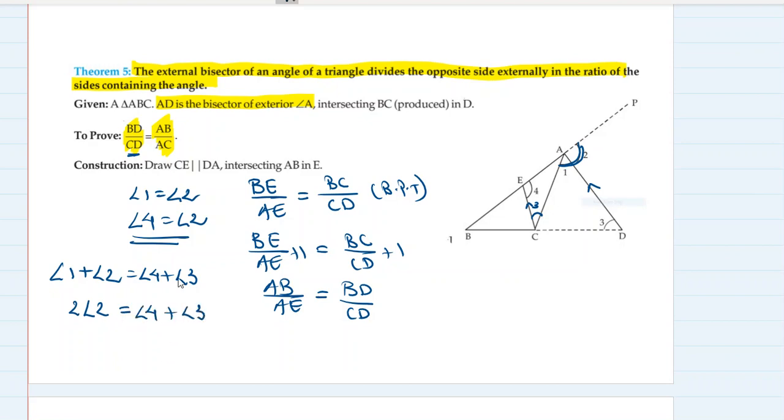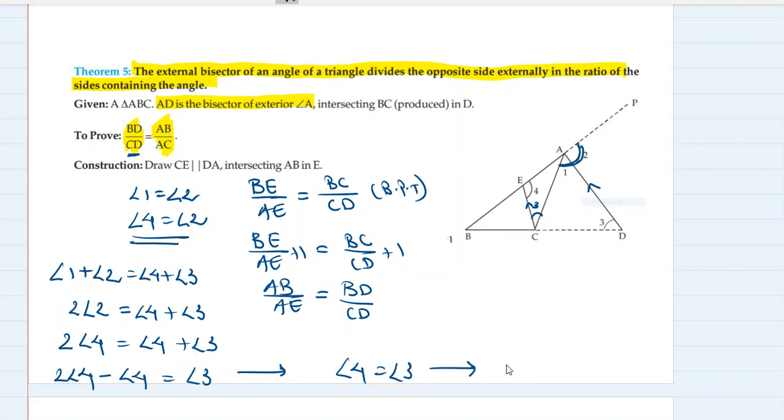तो क्या मैं इसको लिख सकता हूँ 2 टाइम्स एंगल 2 इज इक्वल टू एंगल 4 प्लस एंगल 3? बट एंगल 4 तो एंगल 2 से इक्वल है, तो क्या मैं इधर लिख सकता हूं 2 टाइम्स एंगल 4 इज इक्वल टू एंगल 4 प्लस एंगल 3? फिर क्या मैं लिख सकता हूं 2 टाइम्स एंगल 4 माइनस एंगल 4 इज इक्वल टू एंगल 3, एंगल 3 लिख रहा हूं, ठीक है। विच इंप्लाइज दैट एंगल 4 इज इक्वल टू एंगल 3, विच इंप्लाइज दैट AE इज इक्वल टू AC। प्रूव कर दिया AE इज इक्वल टू AC।